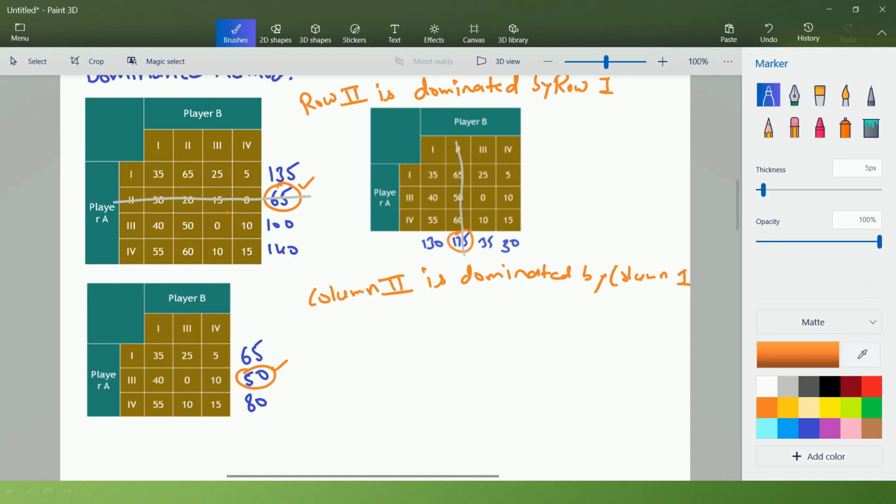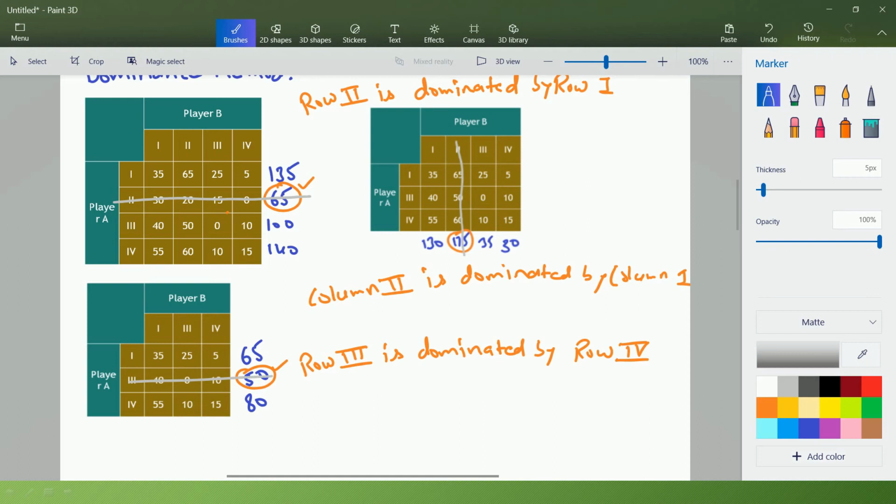Correct. 0 is less than 10? Correct. 10 is less than 15? Correct. That means row 3rd is dominated by row 4th.